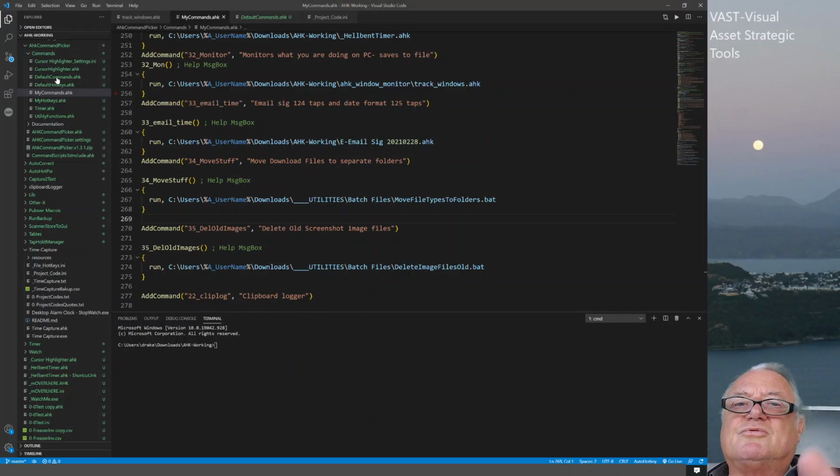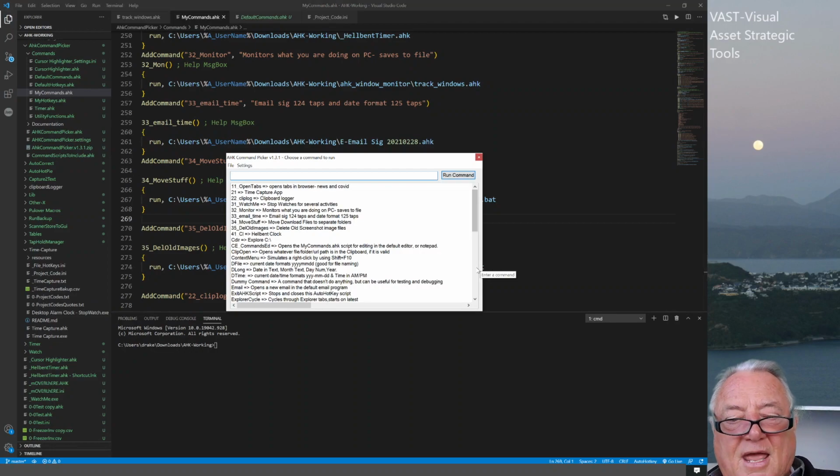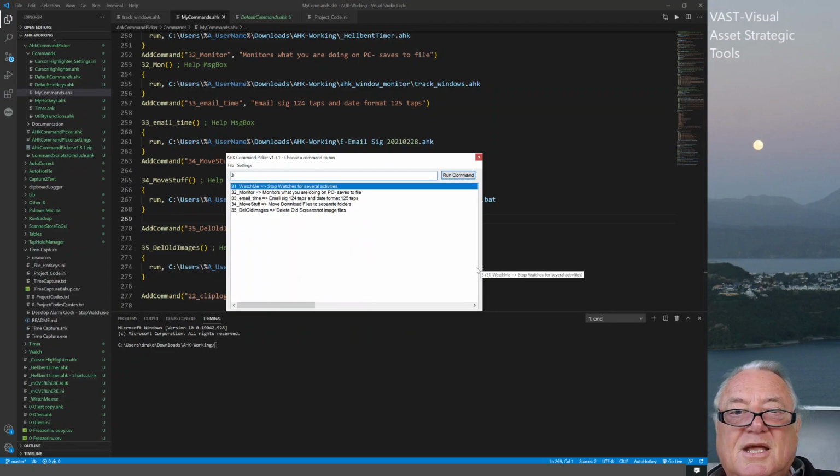And in this one here, you actually have default commands which are already set up in there, and then you can add your own commands, and all it's doing is just running a script, but you can give it a function name and a function note as to what it says. So if we run this one here, delete the old images. If I delete these old images now, I've called it 35, and all it's doing is running a little bat file called delete old images. So if I just go Caps Lock, and it comes into here, and I think it was 35,